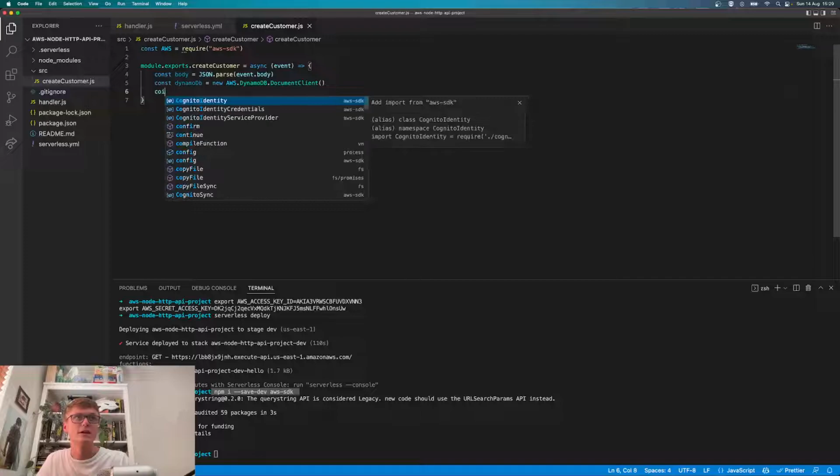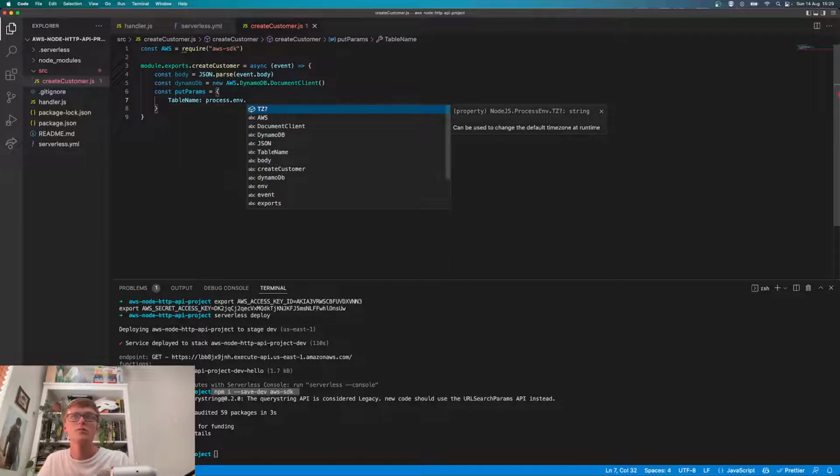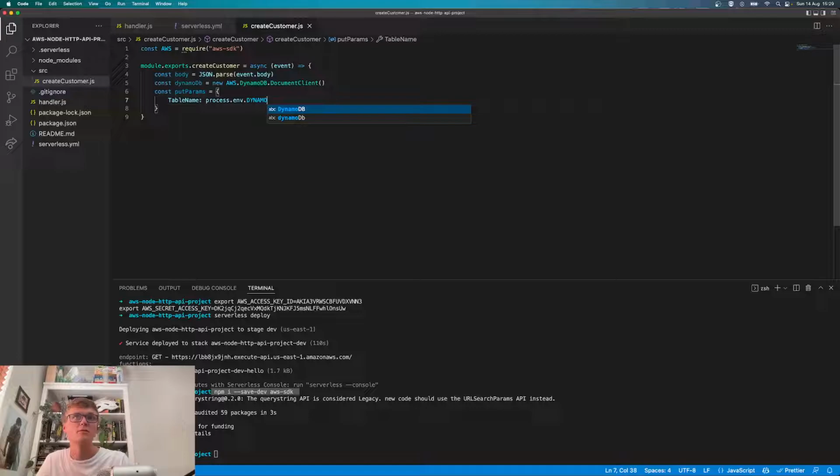And then we need to set up the put parameters. It's going to be table name, process.env, and you'll see where I'm getting this environment variable for now. Second, we'll set that up. And then item, primary key, going to be the name, and then oops, that should be body.name,